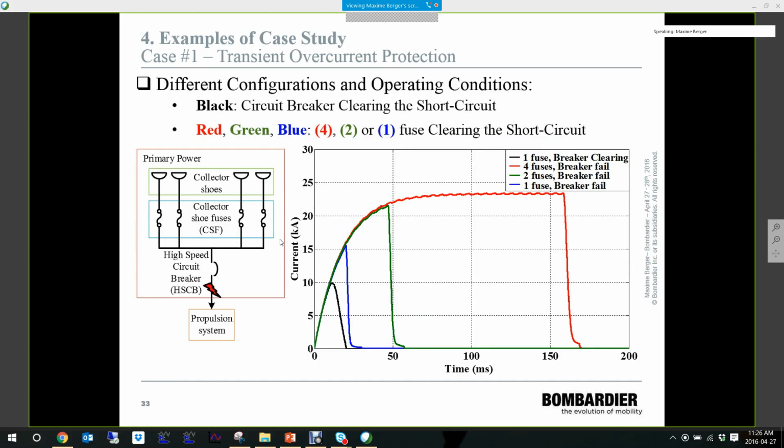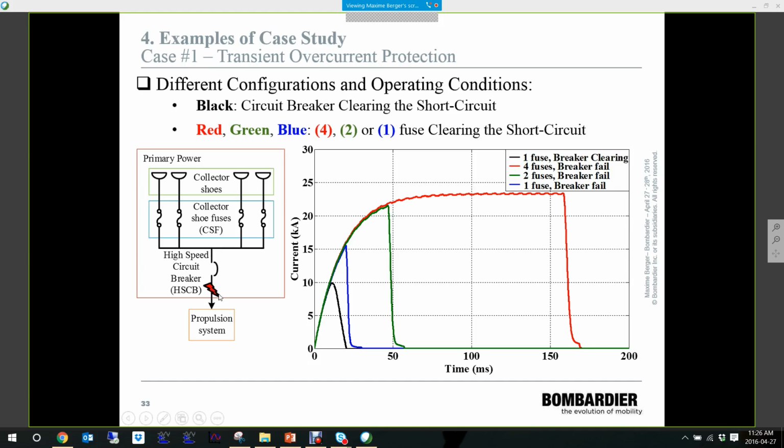And finally, if we're doing a fault here, we can do a selectivity analysis between the high-speed circuit breaker and these collector shoe fuses. What we see here in black is that if the high-speed circuit breaker is there to interrupt the fault current, we're expecting to have a low peak current, and the fault current will be interrupted really fast. However, if the